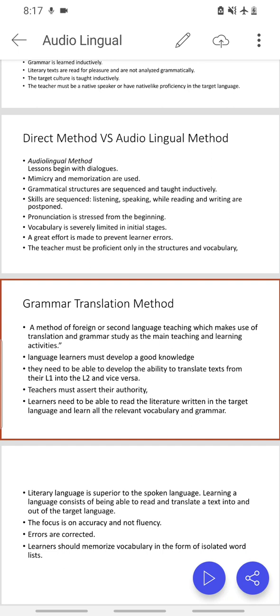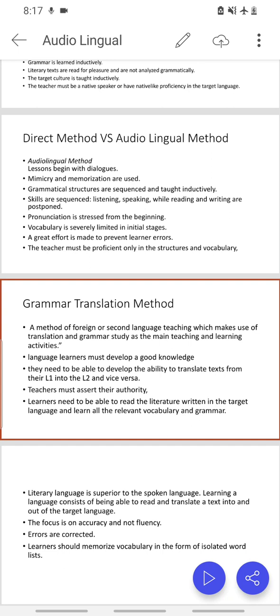So English language teaching is taught in non-native countries through different NGOs and through organizations like the British Council. And the British Council has a wide network all over the world in non-English speaking countries, where they are facilitating the students and teaching them the skills. So this is all about these methods.